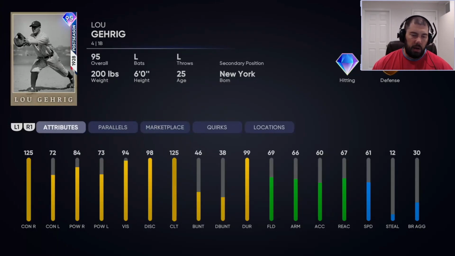Looking at his attributes, he's a max contact versus righty at 125, 72 contact versus lefty, 84 power versus righty, 73 power versus lefty with 94 vision, 98 discipline, 125 clutch. So Lou Gehrig doesn't have that great power that we're used to. He has great contact against righties, and he's going to hit righties pretty well, but I do think there's better